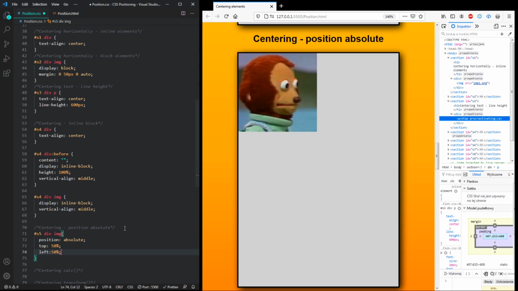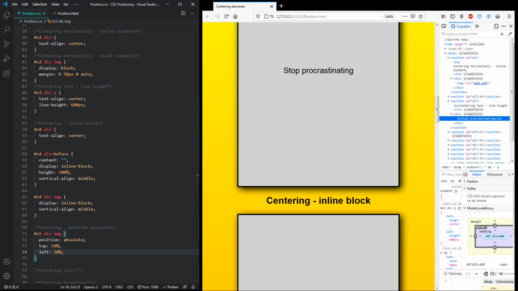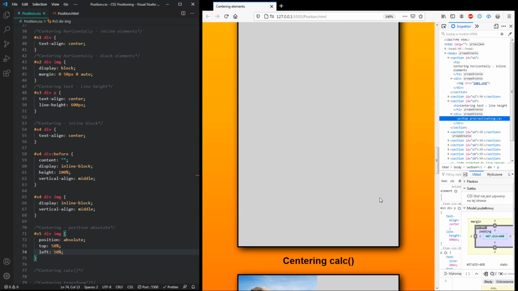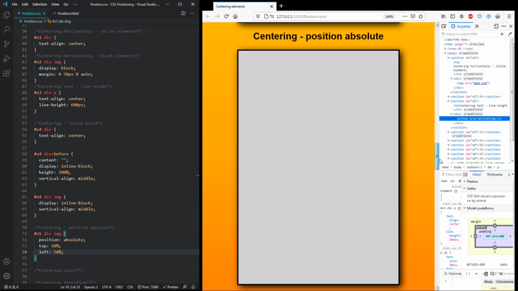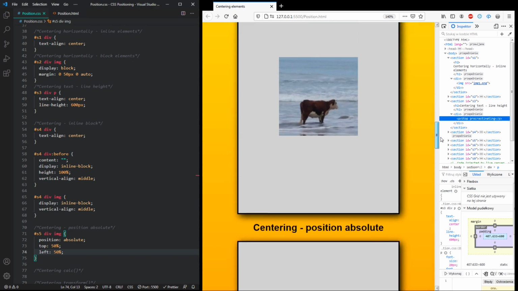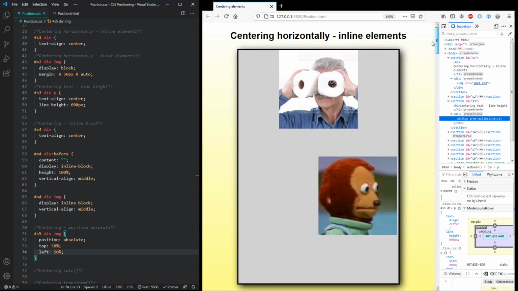As I refresh, we got a cow. Holy cow, like this one. Where is our picture? Well, if we go all the way up, you can see that our picture is in the middle of the window, of the top of the window. Why is that? Because position absolute refers to the window. If we wanted to refer to our parent element, which is div in this example,